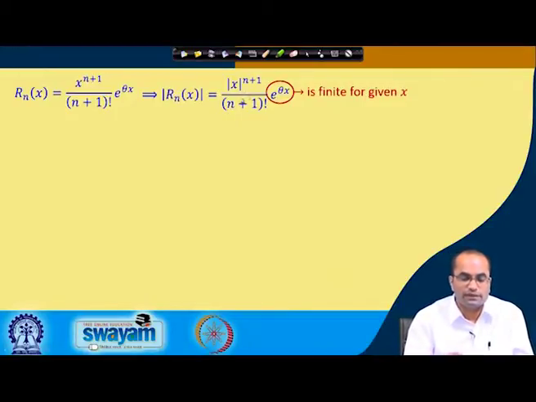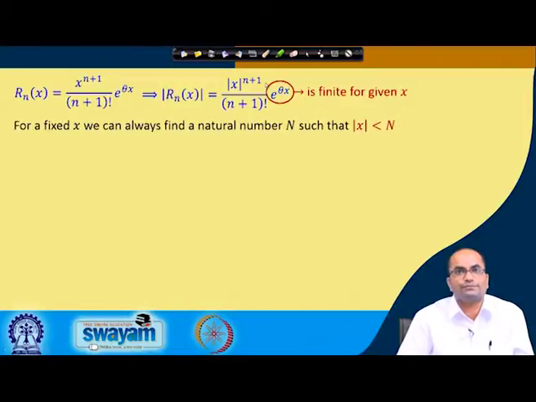We should notice that when n goes to infinity, this becomes infinity, and when x is, for example, a large number greater than 1, then this term is also going to infinity. So, we cannot simply say what will happen to this term when n goes to infinity. We have to carefully check this limit.